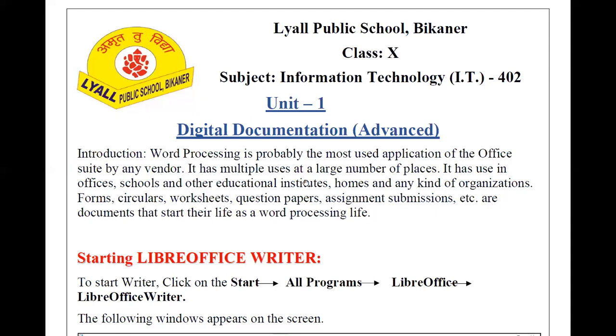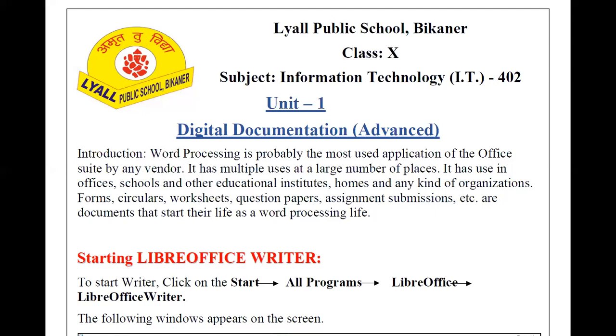So it has multiple uses at a large number of places. Yes, we know that we are using word processor software everywhere. Just like before using LibreOffice Writer, we were using MS Word, and still we are using it, almost every computer has MS Word.